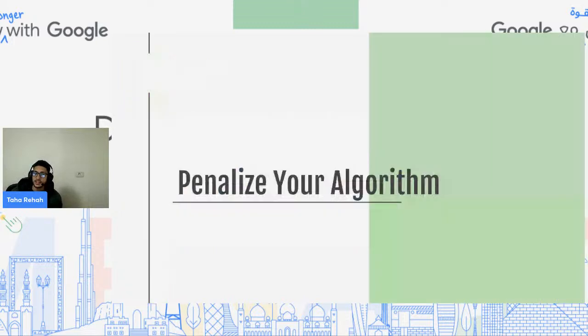And basically, here we come to the third technique. Well, it's simple, just go and penalize your algorithm. So what is penalized in your algorithm is to make the loss higher. And when the model is doing a bad prediction, a false prediction, either it's false positive or false negative, then you are going to give it a big penalty. So if the model made a false prediction, then you are going to tell it that this is bad, and it is going to make the loss higher.